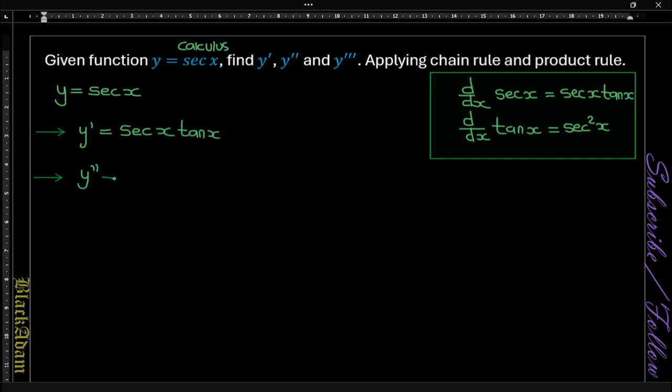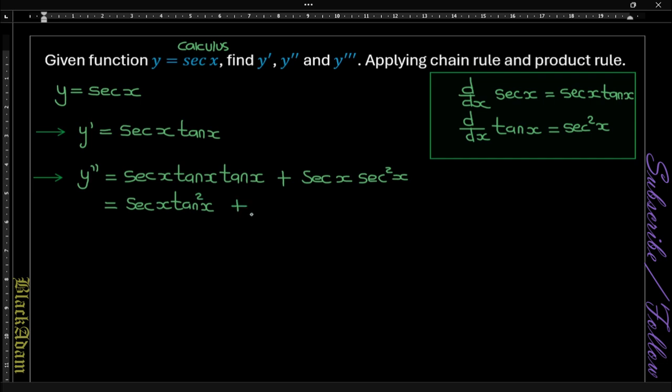Second derivative, that means that we differentiate that. We keep tan x intact, so sec x tan x, and then we have tan x there. Okay, so for the second one, we keep sec x, we differentiate tan x, so it's going to be, that's what we call product rule, sec x, and then there's sec squared x. Simplifying that gives us sec x tan squared x plus